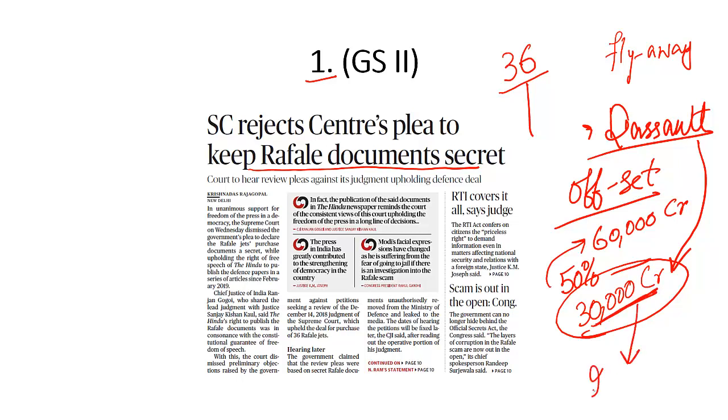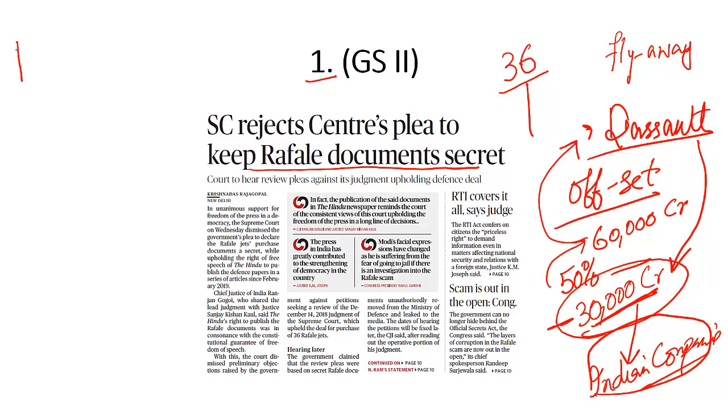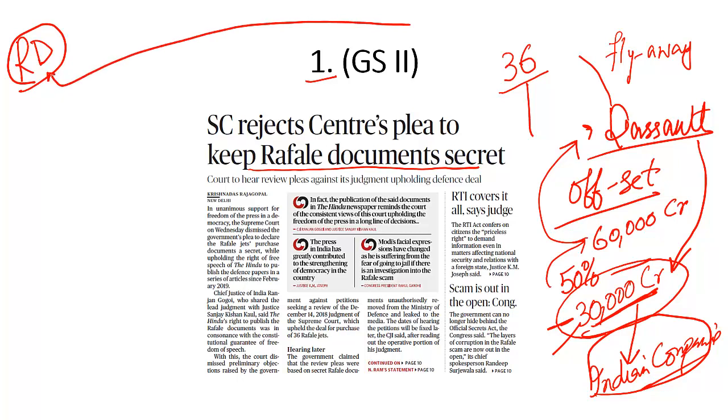to the Indian companies. So if Dassault bags a contract worth 60,000 crore, 30,000 crore worth of contract should be provided to Indian companies. And one of the biggest beneficiaries under this offset clause was Reliance Defense. Reliance Defense would have been provided some amount of this contract, which means Dassault will give a contract to Reliance Defense under this offset clause, if not the entire 30,000, let's say 10,000 crore worth of contract.